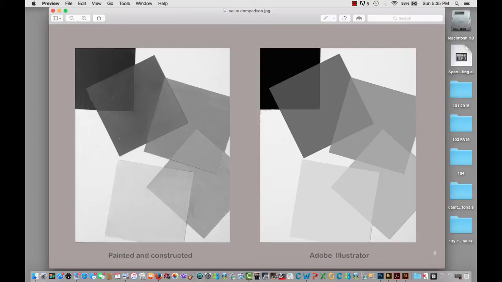All right, this is going to be a tutorial on how to look at the results of your transparency study and compare it to what it should really look like in Illustrator. So what I have here is my painted study. I haven't photoshopped it. It's the study that I painted, cut, and mounted on whiteboard. Here's the study